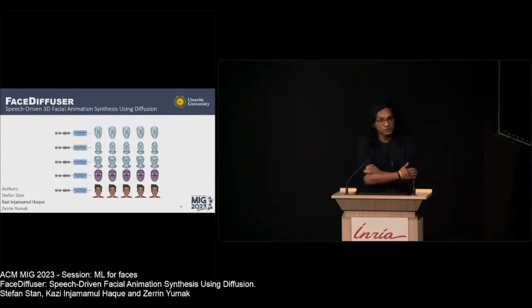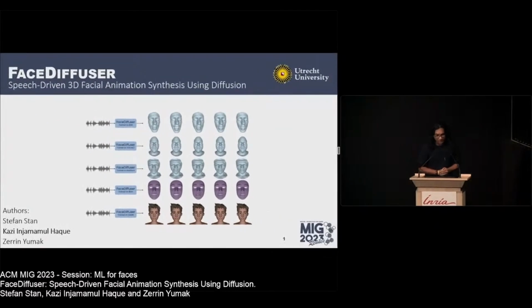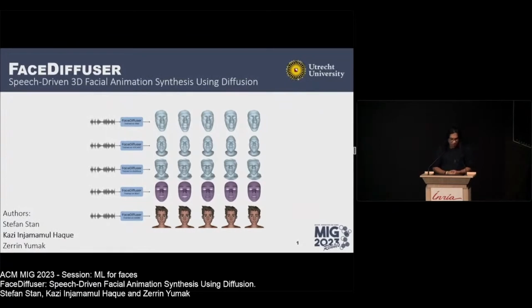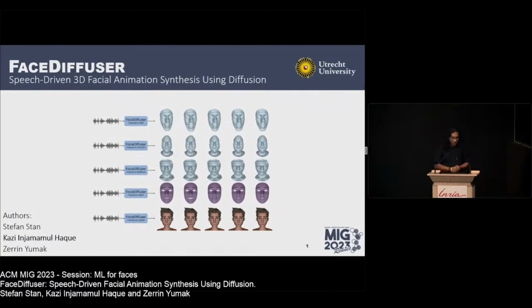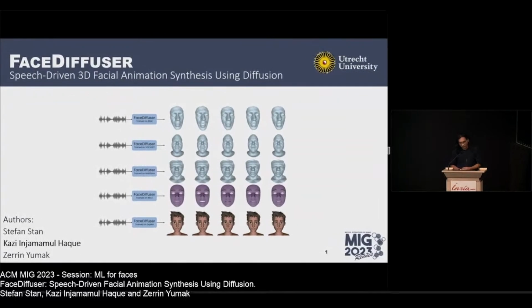Hi, good morning, everyone. Today I'm going to present our paper, FaceDiffuser, Speech-Driven 3D Facial Animation Synthesis Using Diffusion. I'm Kazi Injamamul Haque, and my co-authors are our brilliant student, Stefan, who couldn't be here today, and my PhD advisor, Zerrin Yumak. In this work, we present an end-to-end neural network architecture for generating or synthesizing 3D facial animation. And it is generalizable to both high-dimensional 3D vertex-based datasets as well as low-dimensional parameterized datasets, such as the